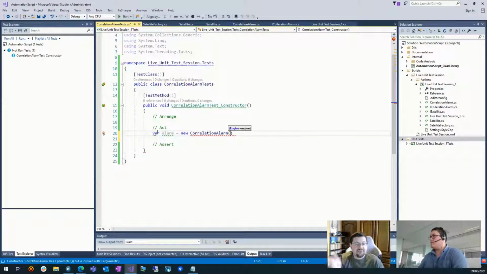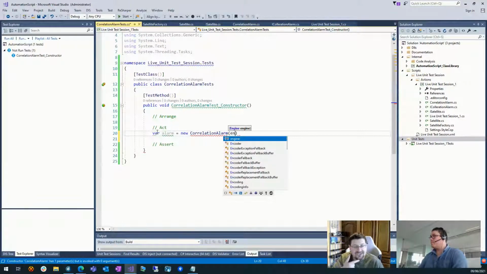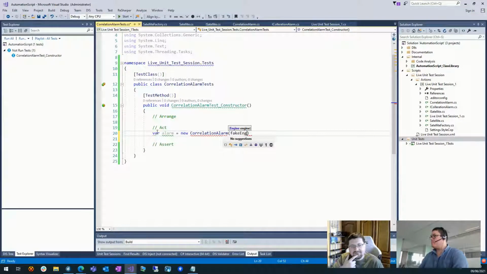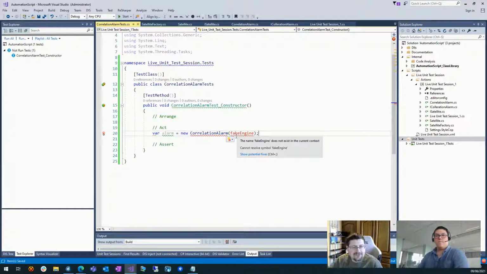Now we need to input the engine. So let's go ahead and fill in fake engine, because we need a fake engine. Now, if you've started with your act, everything else always seems to follow up automatically. So in this case, we need a fake engine.